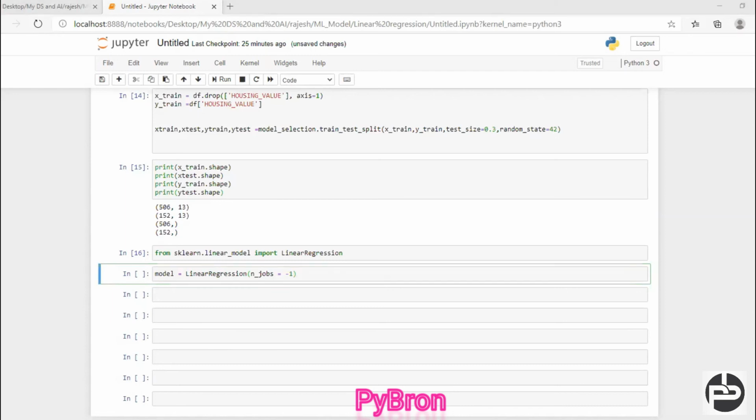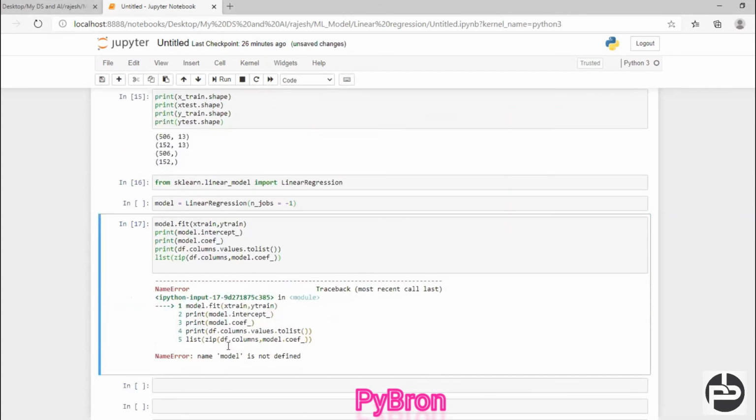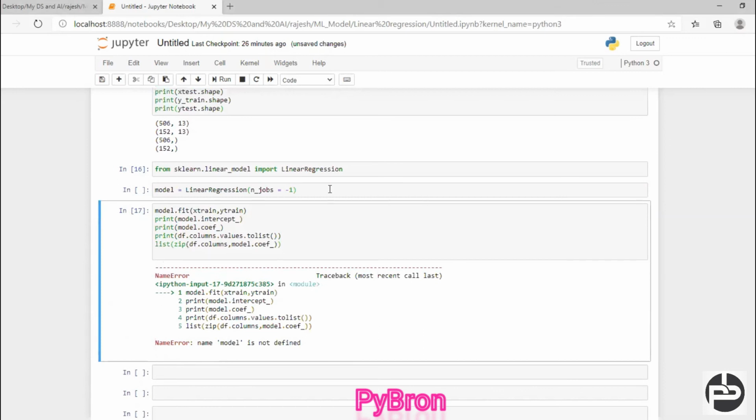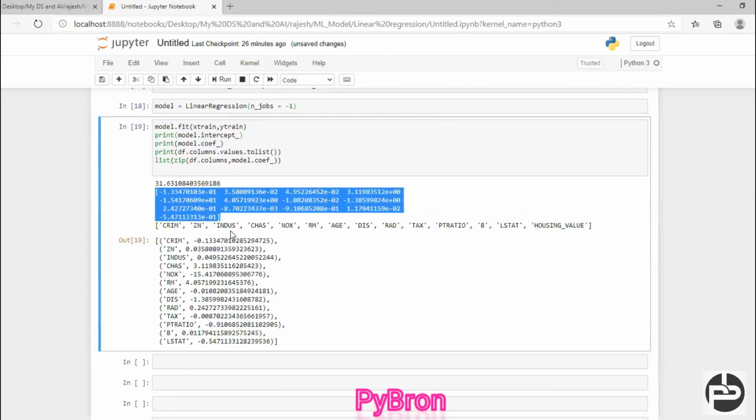Hope you understood. Now next I'm going to fit my model, model.fit on xtrain. First, only the training data we have to fit, and once you have done the fit on the model, then you have to check the intercept. What is the intercept? We had discussed. Now the coefficient also we had discussed, so now I'm going to check all those things. NameError it is showing, no worries. Model is not defined. Okay, I need to execute this line of code, then only it will run. So you can see these are the model coefficients, for whatever 13 columns we have, all 13 columns have coefficients.